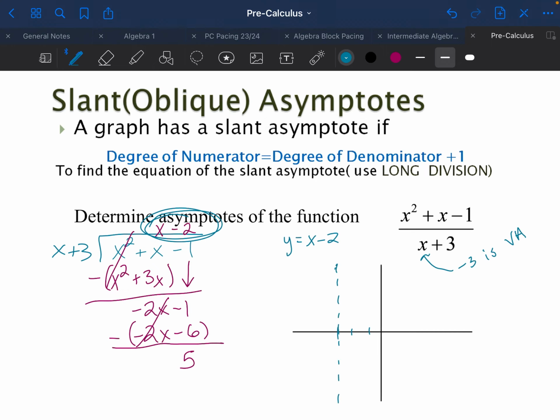And then x minus 2, well, that means I have a y-intercept of negative 2. And then we go up 1 over 1, up 1 over 1. Right, not perfect. Down 1, backwards 1, down 1, backwards 1. So this would be our slant asymptote. To continue graphing this,